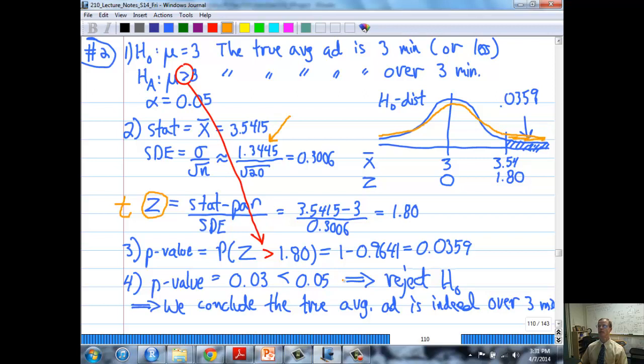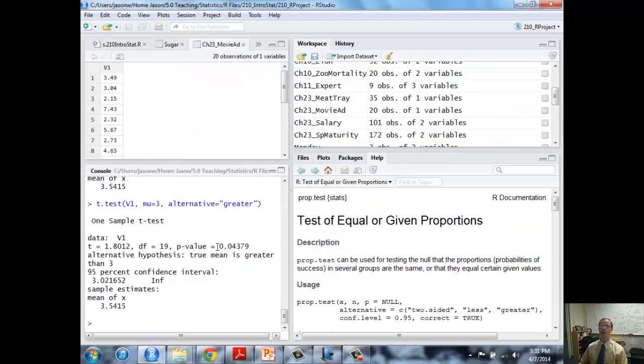We computed 0.03. R is going to get 0.04. That's a technical detail that Utts and I are not considering important enough to focus on in this class. Your fellow students in biostats do the details there. Okay,